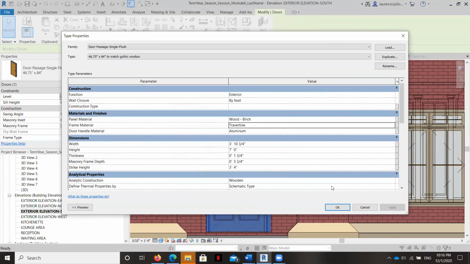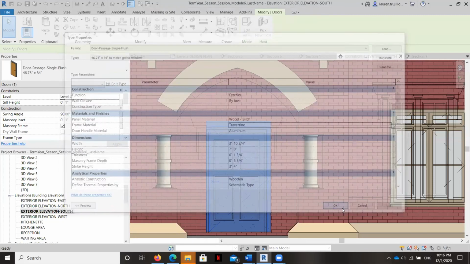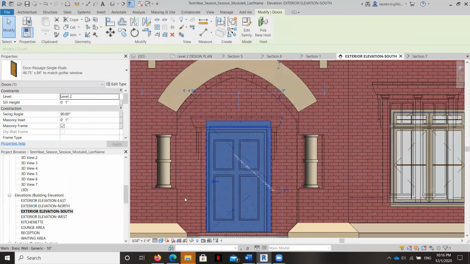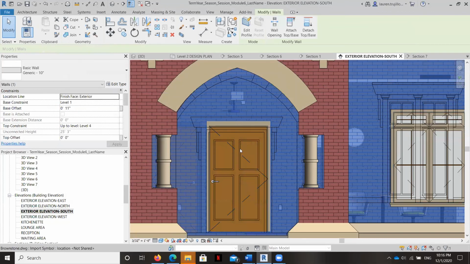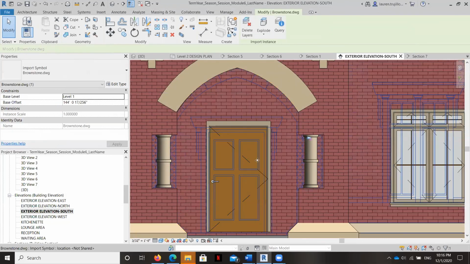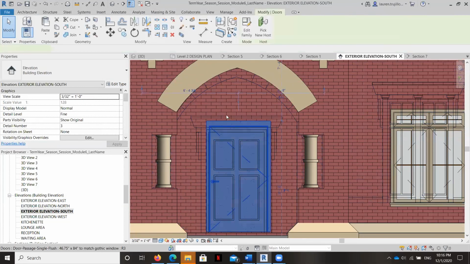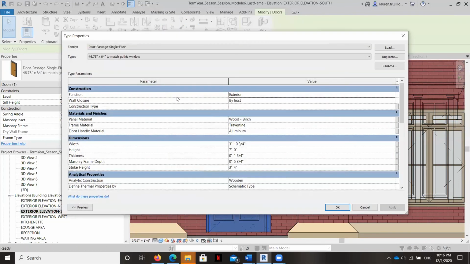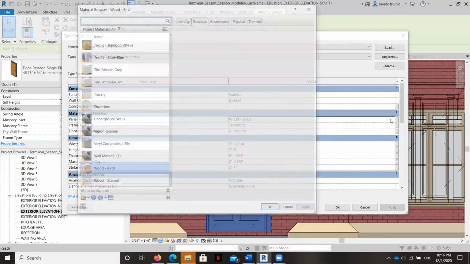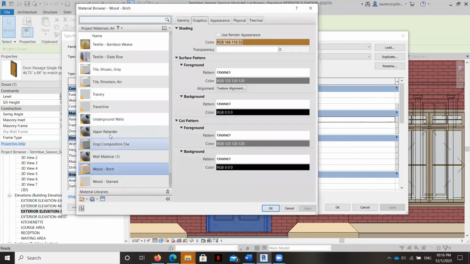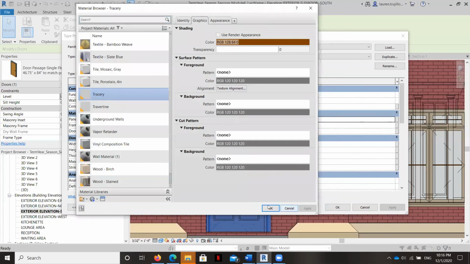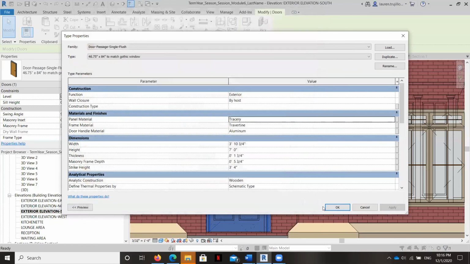You could faux finish it, or you could use real travertine. So we're going to change ours to the most expensive option, which is the real travertine. And then I want to edit one more part of that door. I want to edit the panel material from birch, and I want to use our tracery material so that they all match.